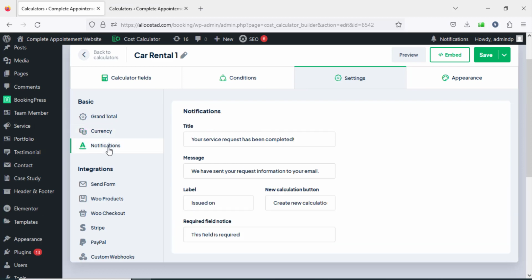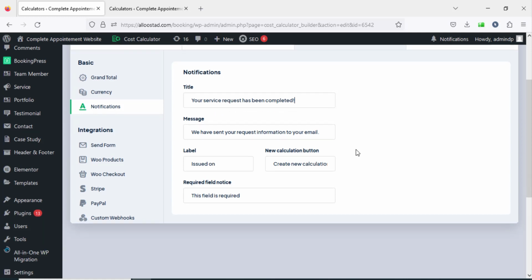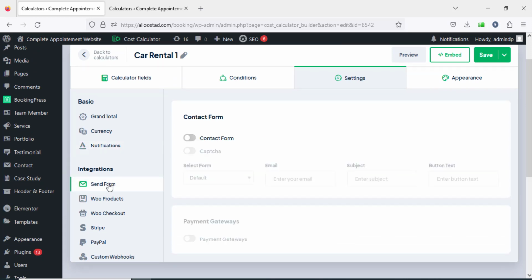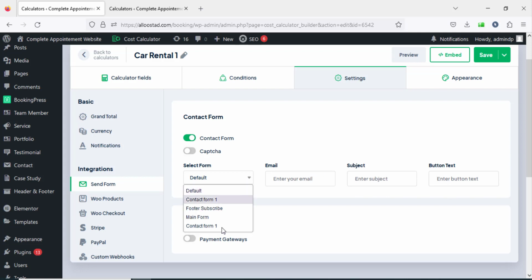So now we have notifications, so you can change this text. Normally this text is displayed when the customer finishes filling in the form. So now to allow the customer to send you a message, you need to click on this button here, send form, and enable this one. So as you see now, I can add my email, the email subject and the button. Also I can change